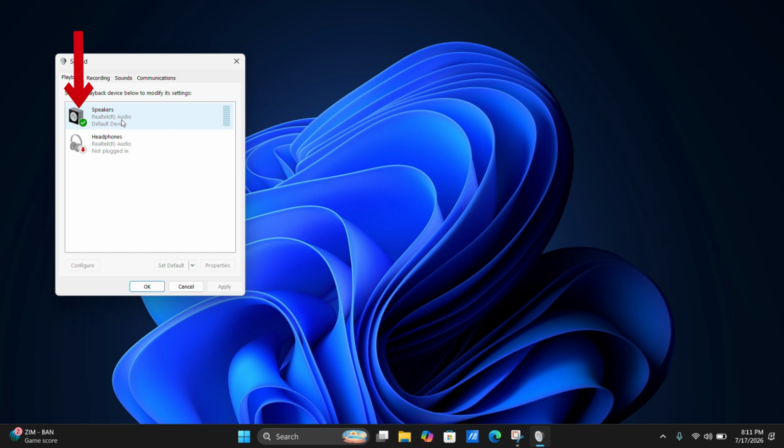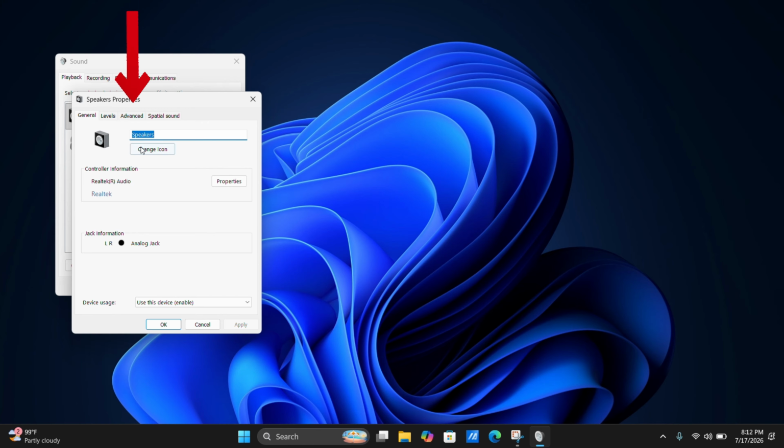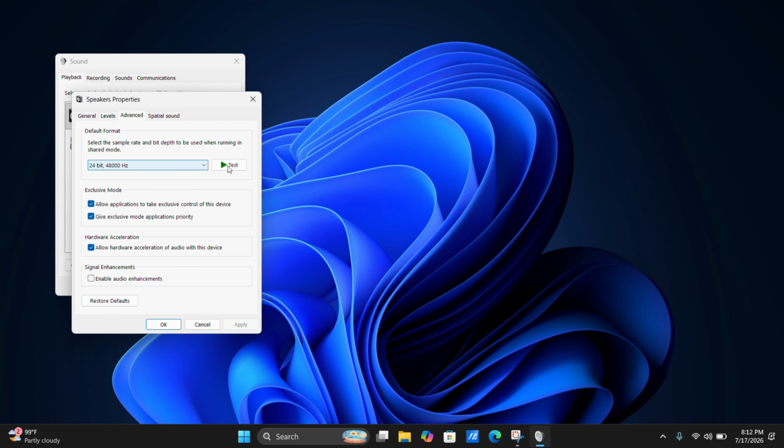So click on the speaker tab, then click on the properties tab, and then after this you have to simply click on the advanced tab. So in this slide, make sure you choose the second option, 24-bit,